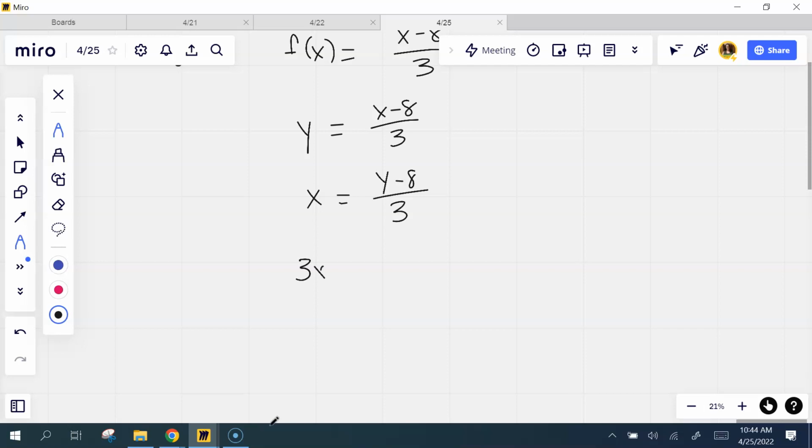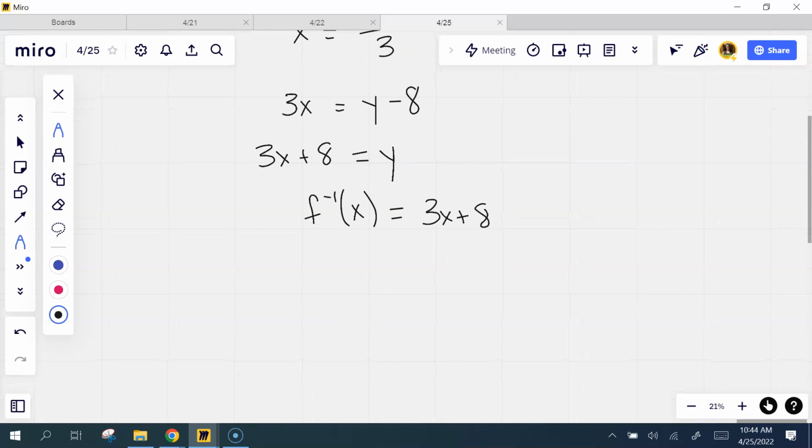Good job, y'all. I thought that was going to trip you up. Add 8. And now just change your notation back. The inverse of f is equal to